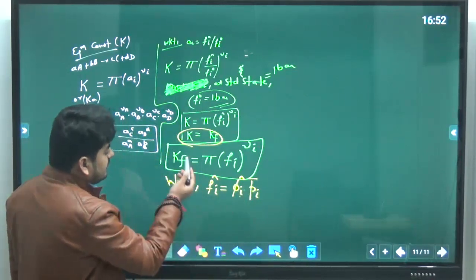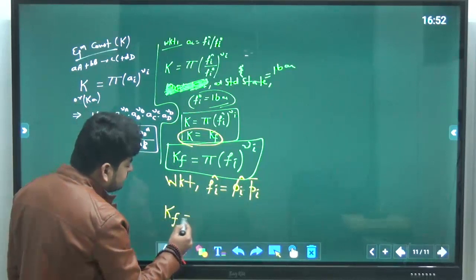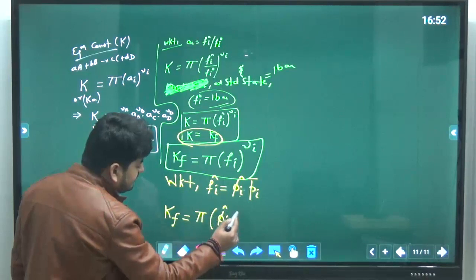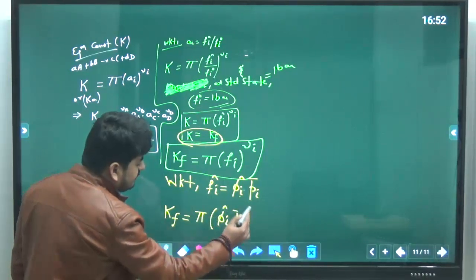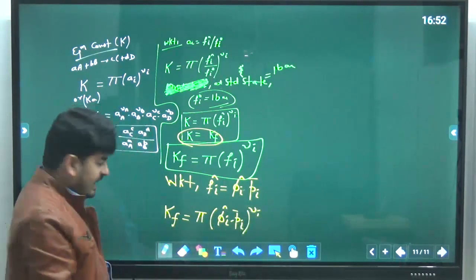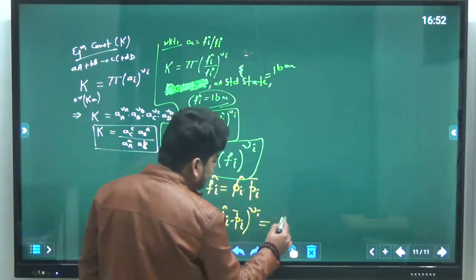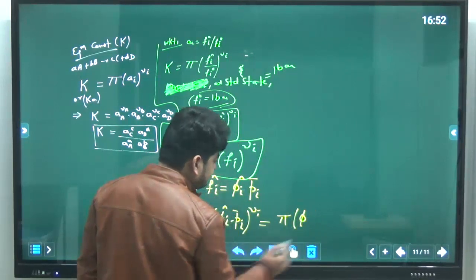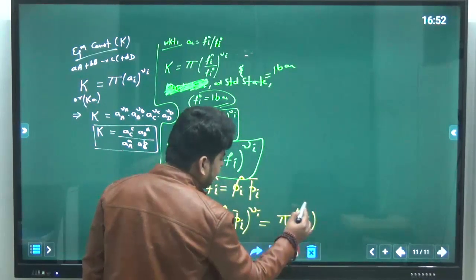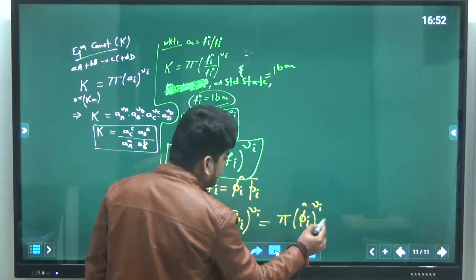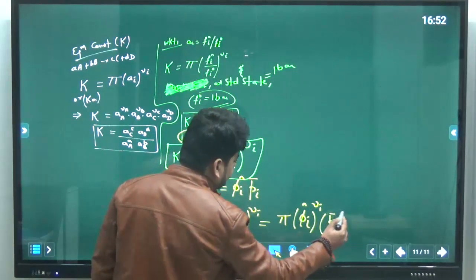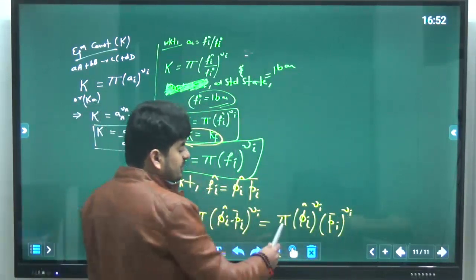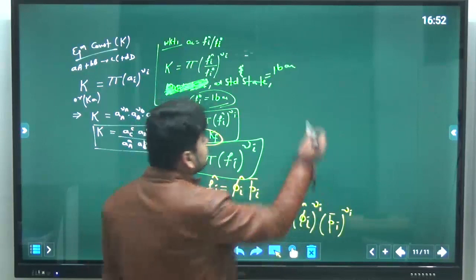If you put that value here, K_f will become product summation phi_i cap into P_i bar power nu_i. If you break them and write them as product summation phi_i cap power nu_i times P_i bar power nu_i, then